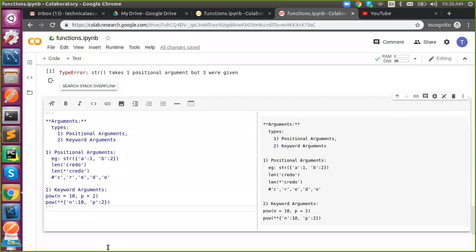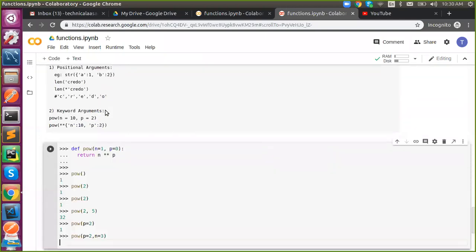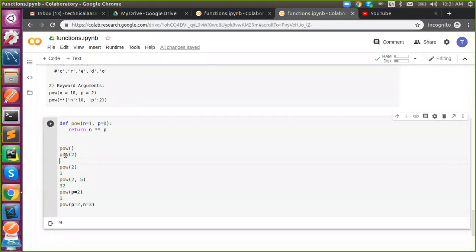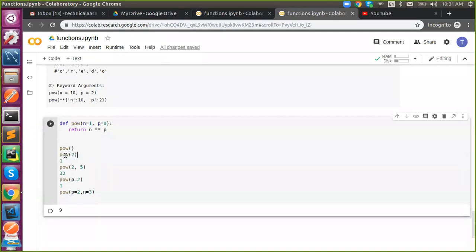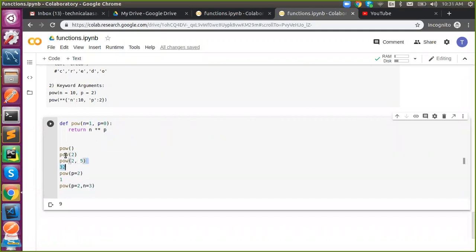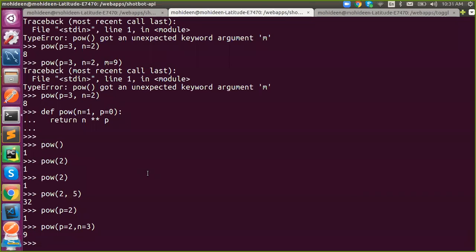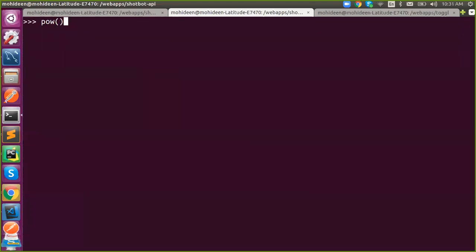Got it? So these are the various ways of defining arguments. Then we are going to talk about one parameter.